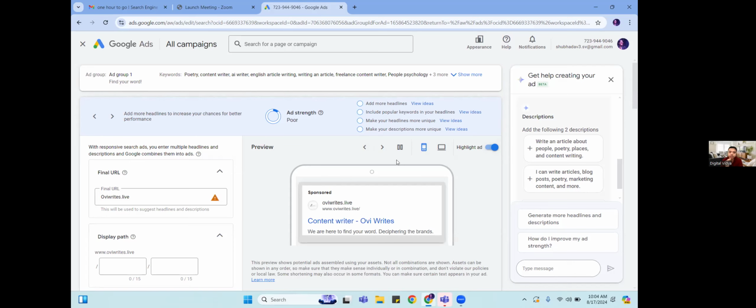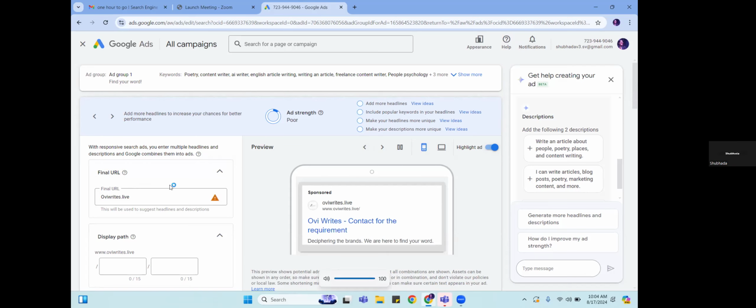This is you are in the search campaign, yeah, Shubhada. The assignment possibly was not for a search campaign, but for a display campaign. So you are right now in a search campaign. That's why you don't see those options. In search campaigns, we are running ads only on google.com. That's why those options are not showing in the preview section. If you create a display campaign, then you will see those options.